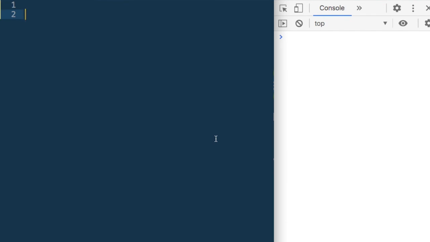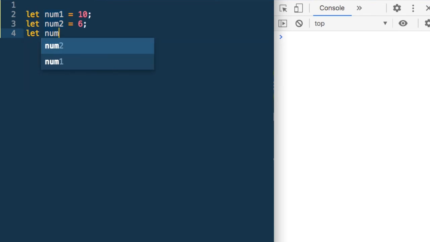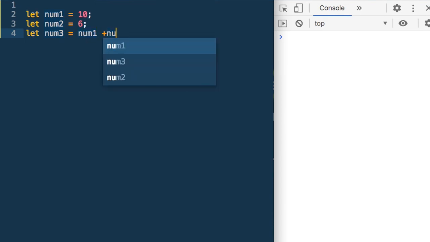Let us see some operations using numbers. So let's say let num1 is equal to 10 and let num2 is equal to 6. So we have defined two variables, num1 and num2, which have numbers in them. And let's see how we add, subtract, multiply, divide and do other operations. So let's say let num3 is equal to num1 plus num2, and let's do a console.log.